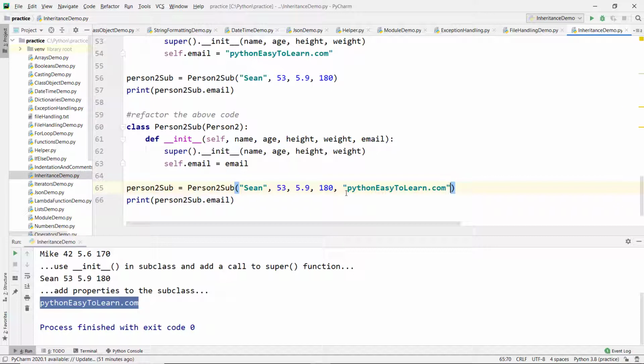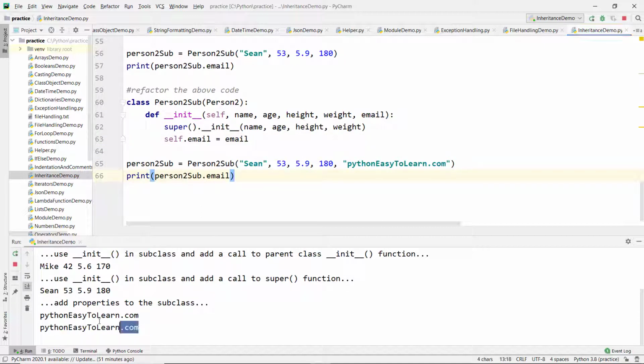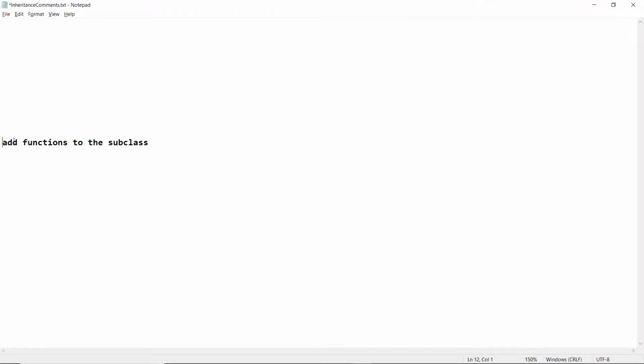When we create an object of this class, pythoneasytolearn.com will be assigned to the variable email, and this will be assigned to self.email. So now if we try to print this, we should see the same value. Okay, so that is how we can refactor the code by adding another parameter to the subclass init function. Now let's see how to add